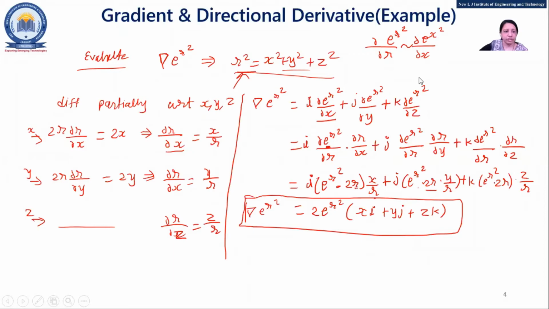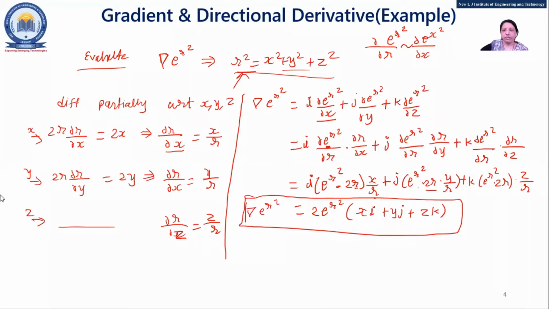Now is there any doubt? Just a minute. Okay, 19 number also you are having the network issue. Okay, fine. i, j, k are unit vectors along with the x, y, z. If it will be like that, i, j, k, if you will be given to find out at some point, you have to write down that one. It's not like that it's always supposed to be a unit vector. Okay, what is that, ma'am? I'm not getting.